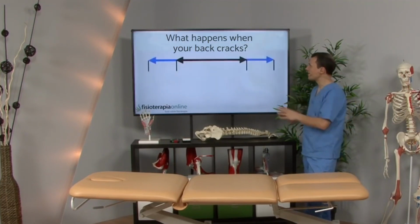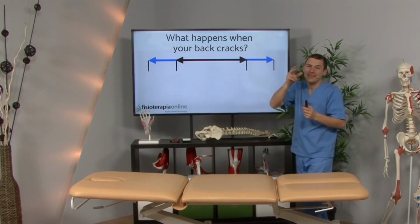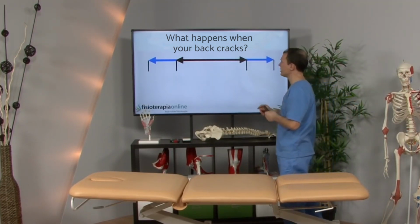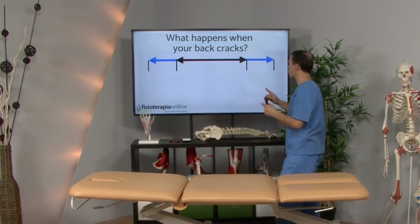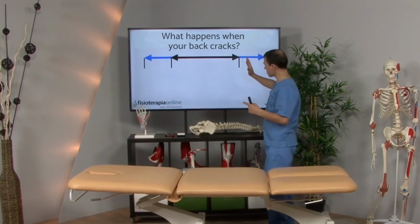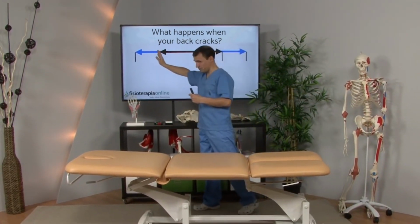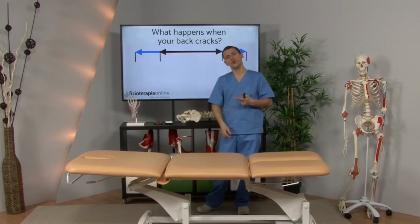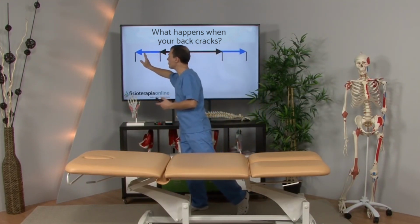I'll try to explain the physiological process that occurs and why that sound occurs. It's not that the bones are being put into place, no. It's not that they're colliding, or that the tendons are being dislocated, those things, no. What happens is that a joint has a natural, habitual, active range of motion. When I turn my neck, I reach here. I reach here. I have active ranges of motion, but then there's one more movement, a movement that can be